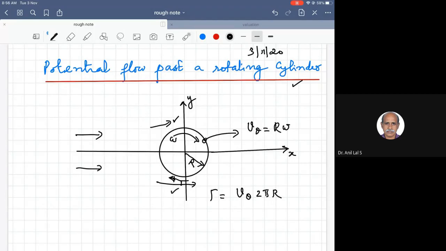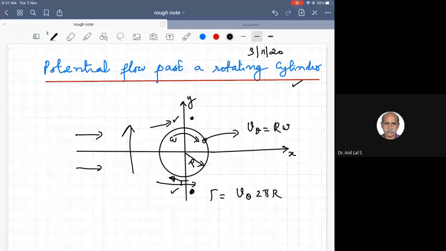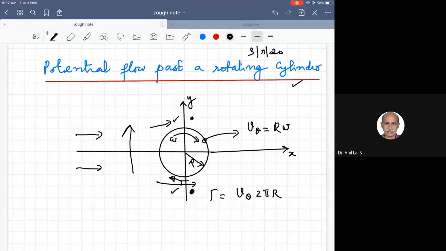When the fluid velocity at the bottom is reduced, the pressure is increased on the bottom, and because the velocity is increased on the top, the pressure is reduced on the top. So at the bottom there is an increase of pressure, at the top there is a decrease of pressure. Therefore, there will be a force in the vertical direction, called a lifting force, on this body. So when the cylinder rotates, the other effect that comes is the lifting force, as on an airfoil, here on the cylinder.